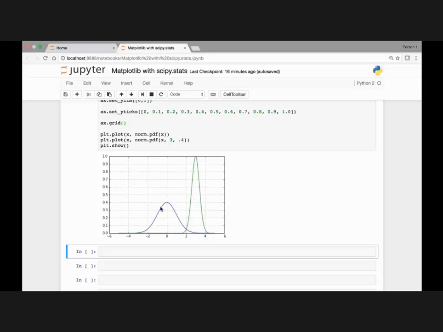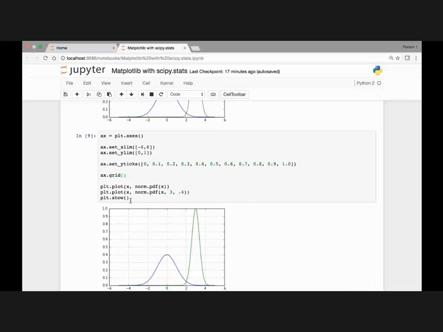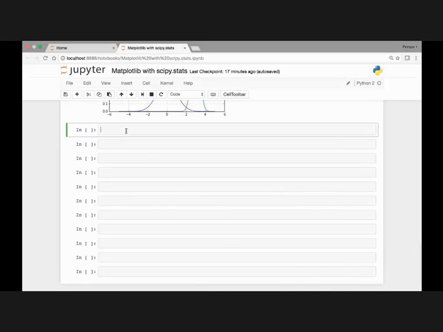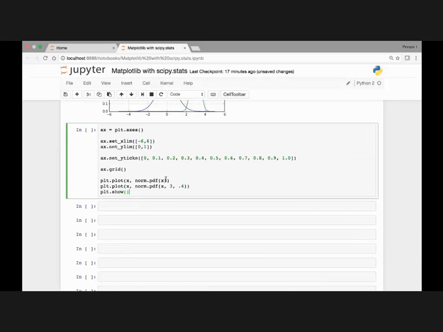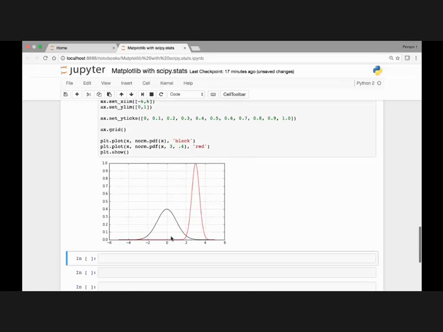And we can also change the color of our lines simply by passing a color parameter. Okay, let's do that. I'll copy that and paste it here. So here in my plot I can pass a color, let's say black, and then for this one let's pass red and run it. So one of the lines is black and the other one is red,